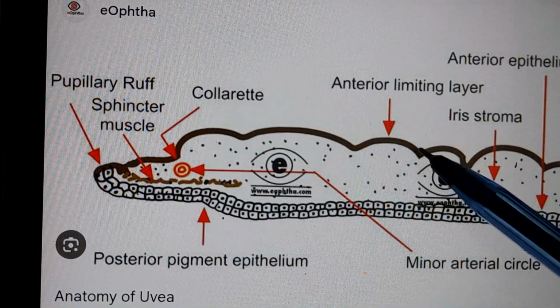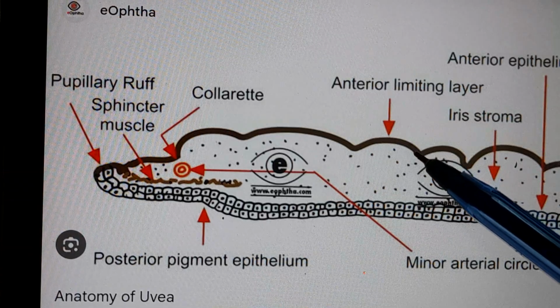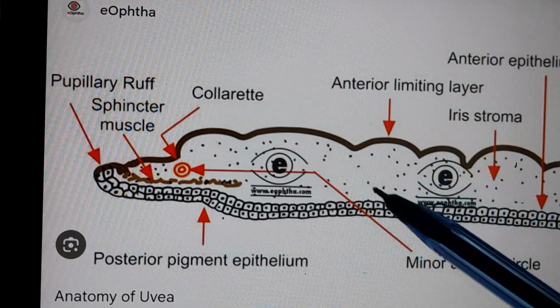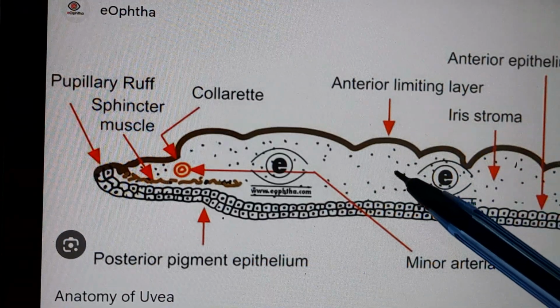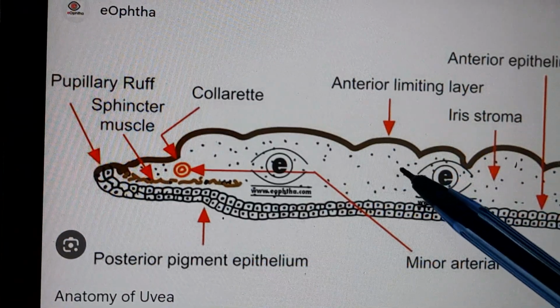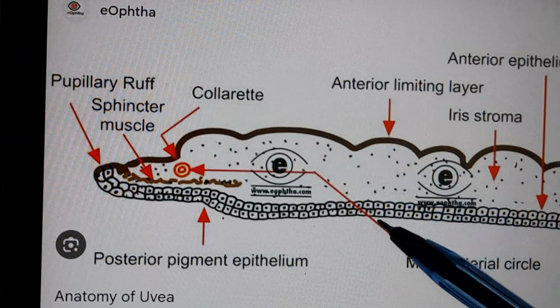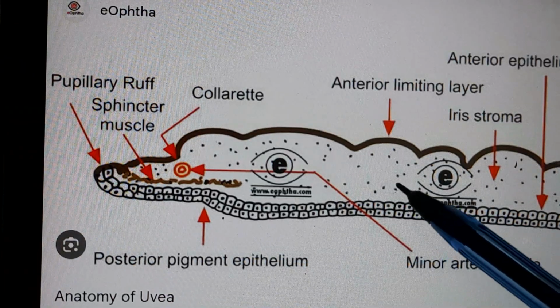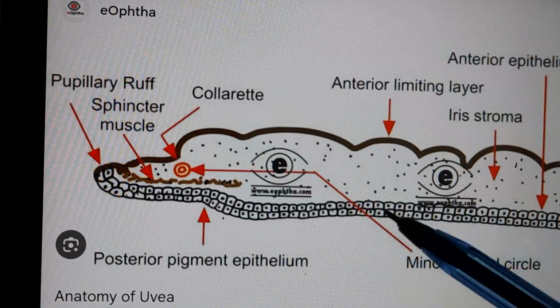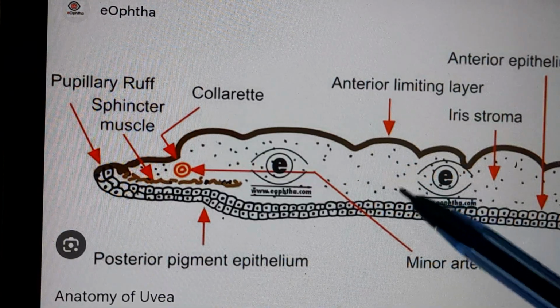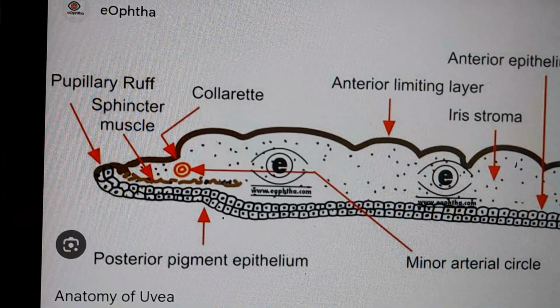This anterior limiting membrane, which is devoid of epithelium, has the stroma on its undersurface. The stroma is produced from the embryonic mesenchyme, and the posterior epithelial layer is produced from the